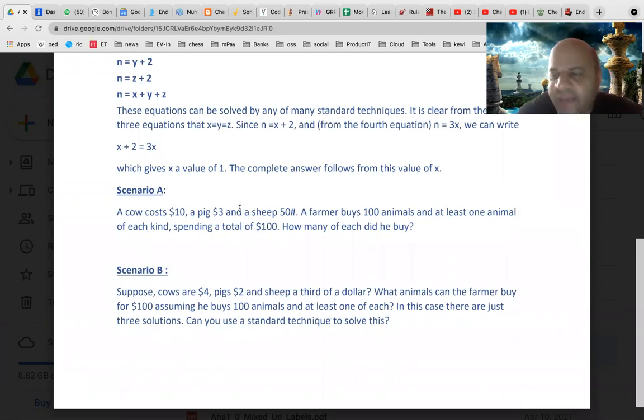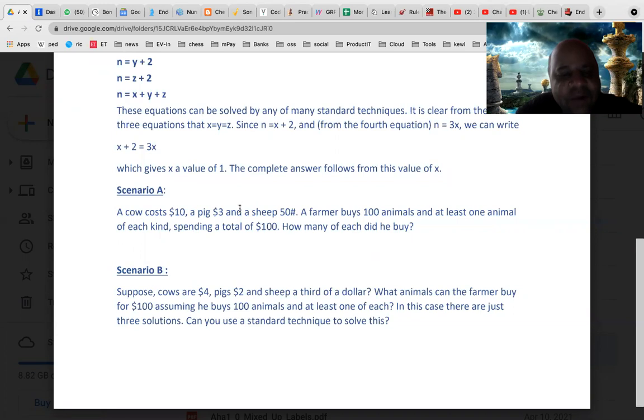Madhura did it, came extremely close. I think you got 99 animals and $100, or 100 animals and $99, right? Yeah, 100 animals and $99. So just one thing that is there. Okay, anyone else closer than that? Anyone else got exactly 100 animals? I forgot to try it, sir. You forgot to try it. Okay, fine, no problem. We will do it.